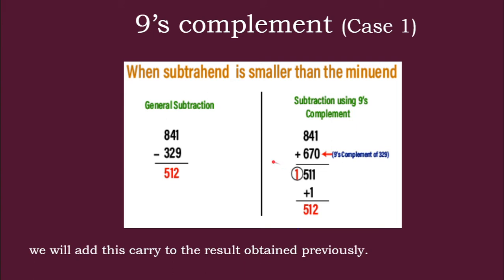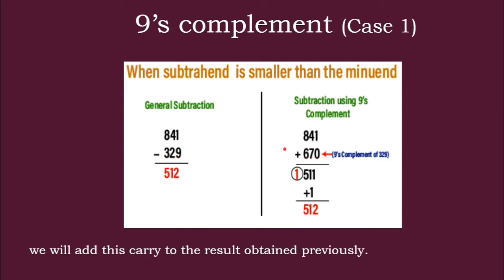Now let us see how the same subtraction is done using the nines complement. We know that complement is applied only to the negative numbers, so 841 is written as it is. No need to be confused about which is the first or second number. Always the negative number has to be given the complement value. So 841 is positive, write it as it is, and 329 is the negative number. Find the nines complement of 329. How do we find the nines complement of any number? Subtract each digit from 9. So 9 minus 9 is 0, 9 minus 2 is 7, and 9 minus 3 is 6. So 670 is the nines complement of 329.